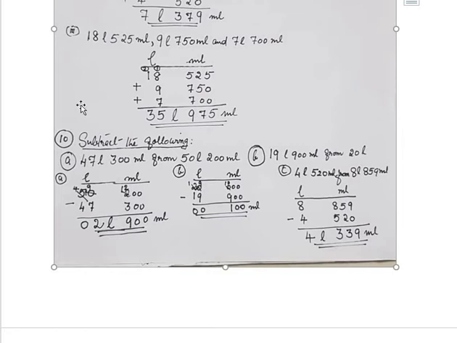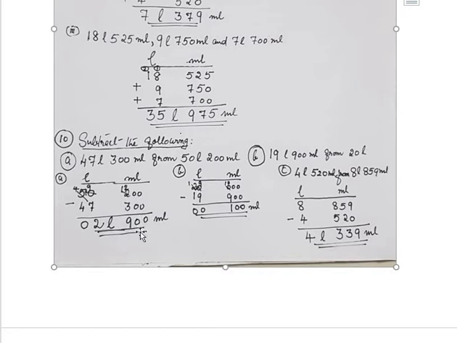So you can see here also I had shown the method, 47 liter 300 milliliter from 50 liter 200 milliliter. So students, you have to be very careful when subtracting this number from that number, like that it is given. You have to observe which is the greater value, that we will write first. Here 47 liter, here 50 liter. So 50 liter is greater. So from this number we will borrow, so we will minus this one. So 50 liter 200 milliliter minus 47 liter 300 milliliter.